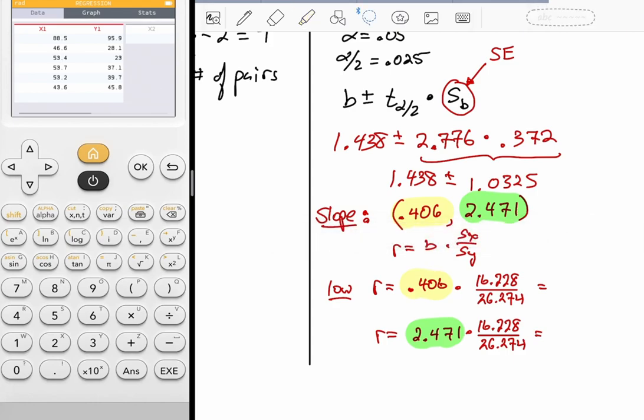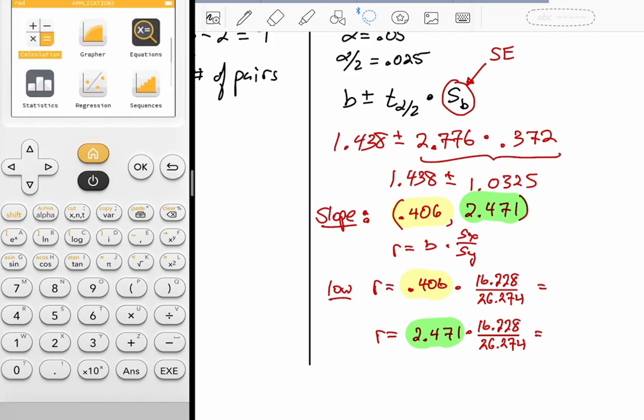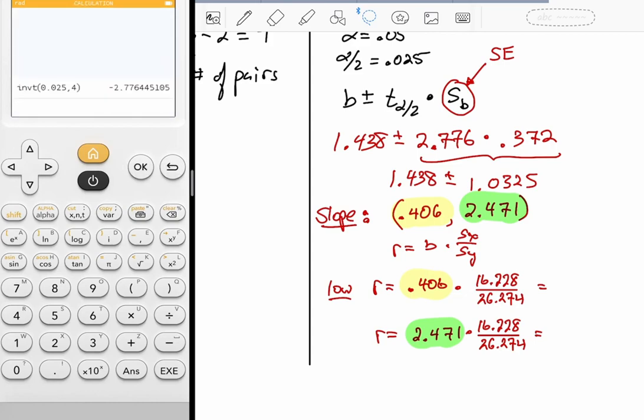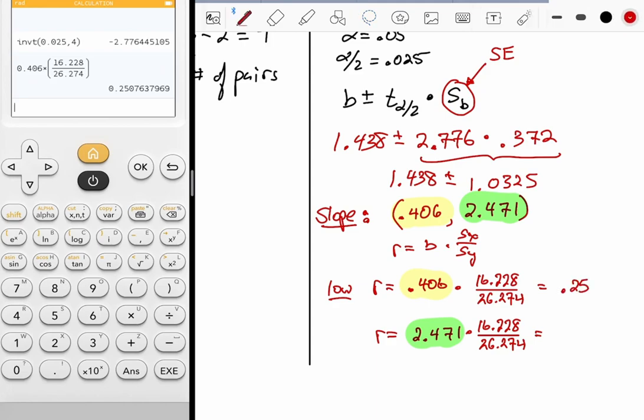All right. So I have to run these numbers. So now back to the calculation menu. All right. So 0.406 times 16.228 over 26.274. So I'm getting 0.251. And then on the upper bound,